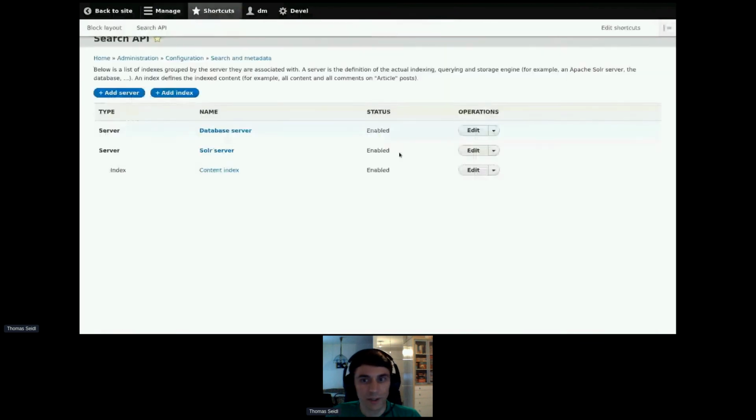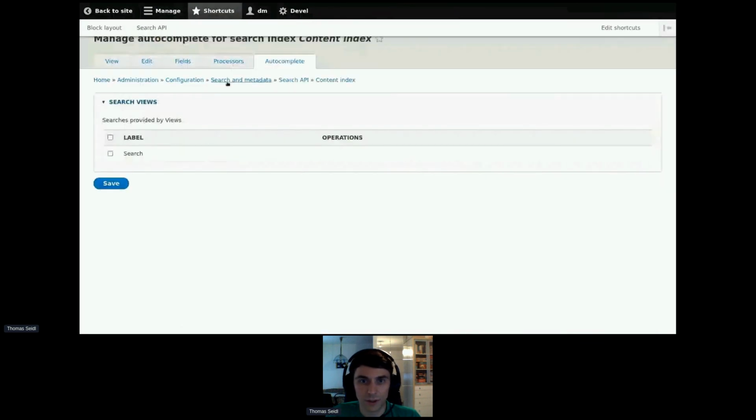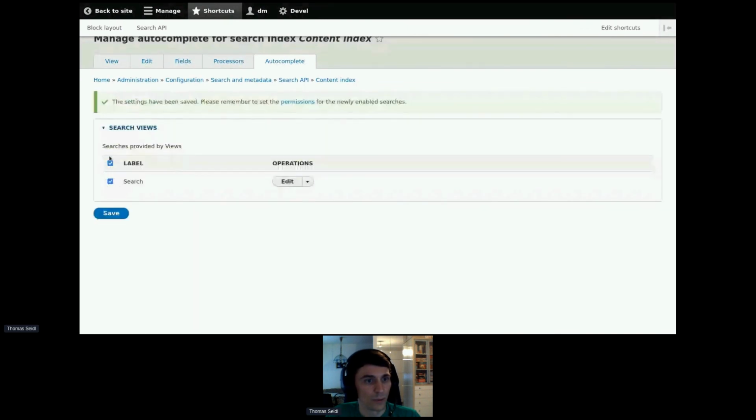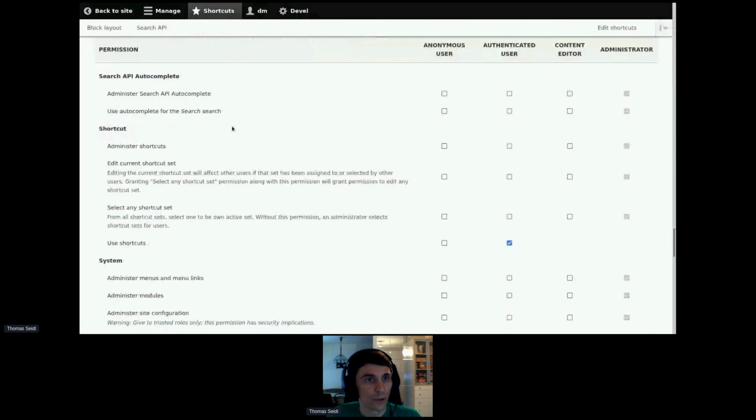Go to the Search API settings. Autocomplete is just configured on the index itself. We just have to enable it for the search. Then it helpfully tells us to set the permissions, because each